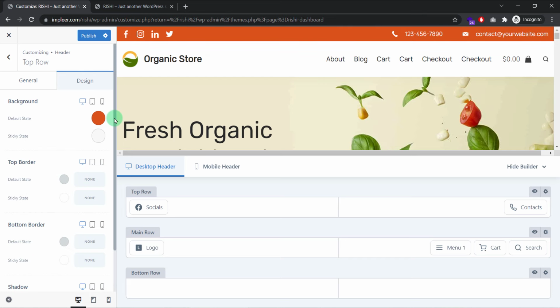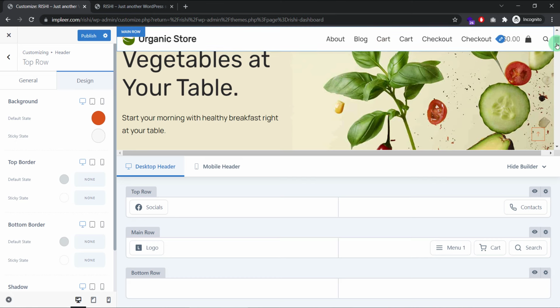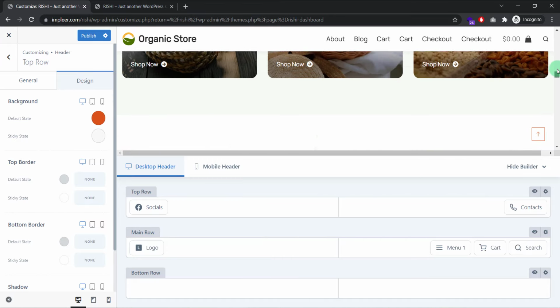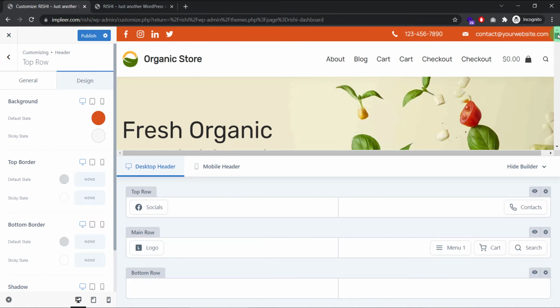Again, I do not want to play with this sticky state. Sticky is something, once we scroll down, you see this main menu gets stuck to the page, so whatever you are doing, it stays there until you reach the top of the page again. So I want this like that, however it is. I do not want any sticky state background color, I want it white, that looks elegant. So I select publish again to save my changes,